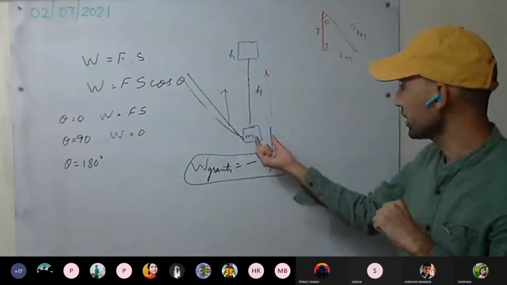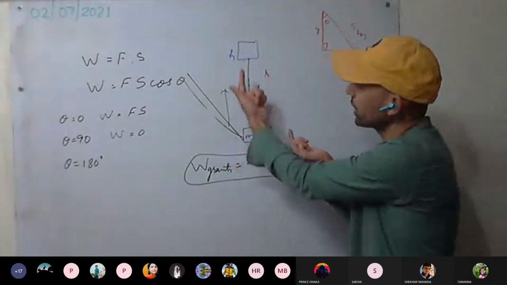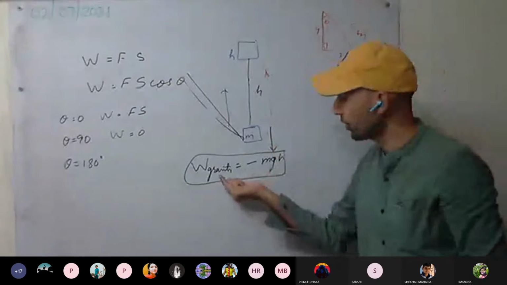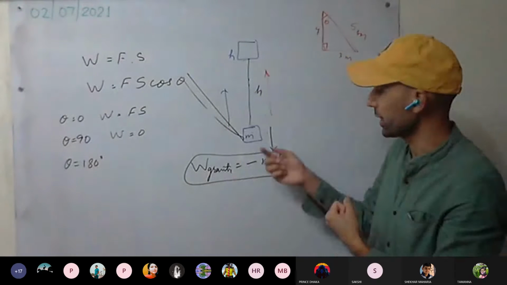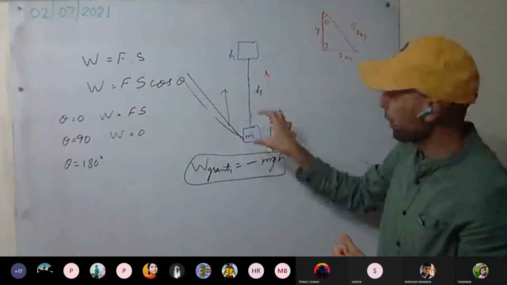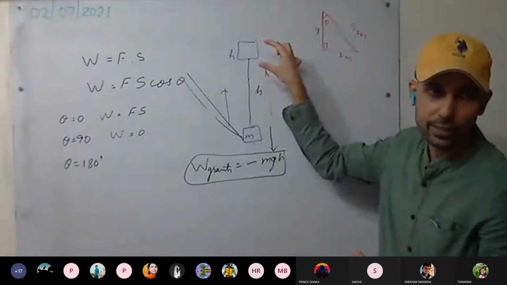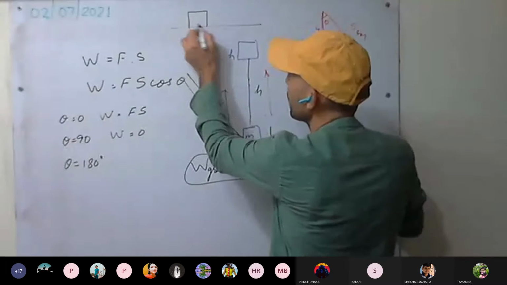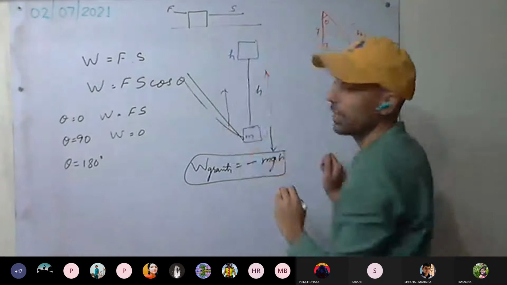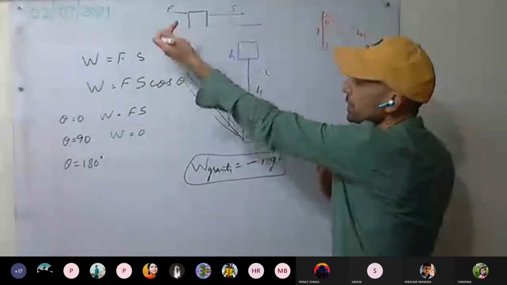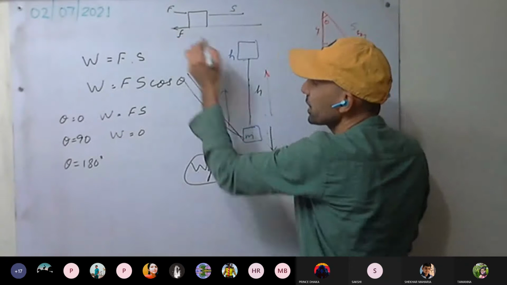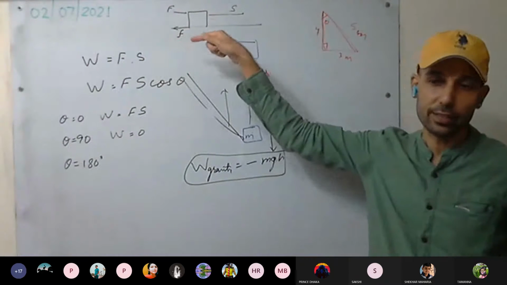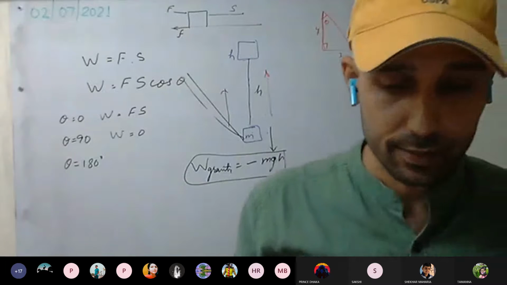If you are considering the work done by the body, the body has to do work in this direction, so force into displacement will be positive. If we consider work done by gravity, gravity will apply force in this direction, but the displacement is vertically up. Therefore, it will be minus mgh. It is the same as one case we discussed earlier. If I apply some force and it is displaced in this direction, the work done will be F into S, same direction. But if we consider the work done by the frictional force, when it is displaced, the frictional force will be in this direction, so it will be negative work done. This is clear.